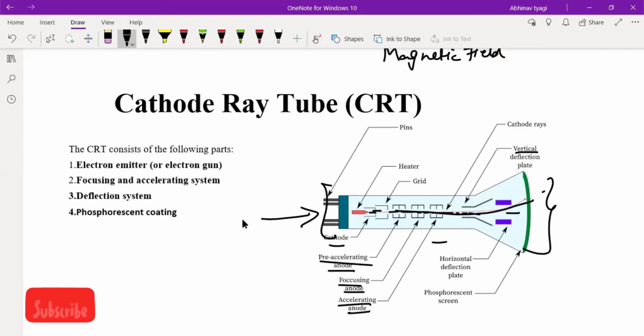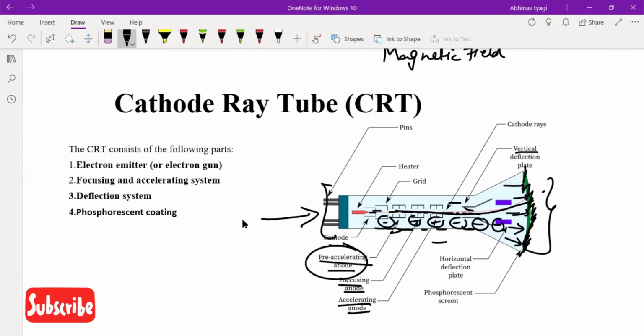So we can say that, as Thomson explained, the gas taken in the discharge tube consists of atoms, and the atoms here contain electrons. When high electrical voltage is applied with the help of these anodes, then the electrons come out from the atom, and these fast moving electrons form cathode rays. When these fast moving electrons strike over here, this screen will illuminate. This is the phosphorescent screen. Okay, so here we can conclude that